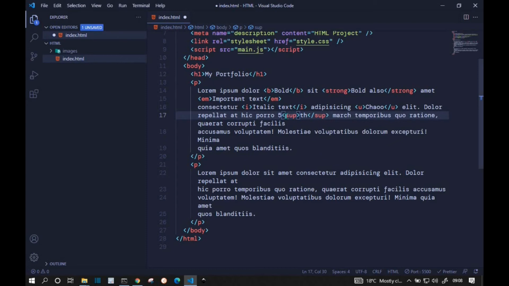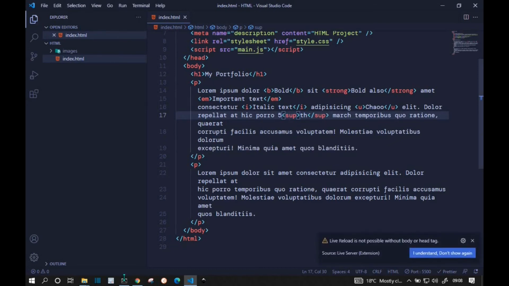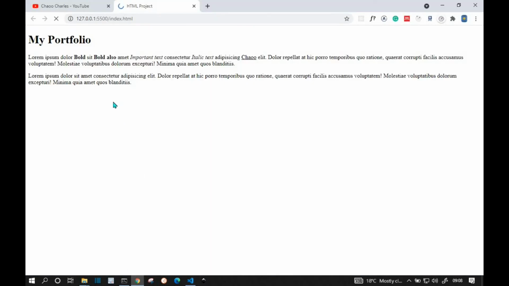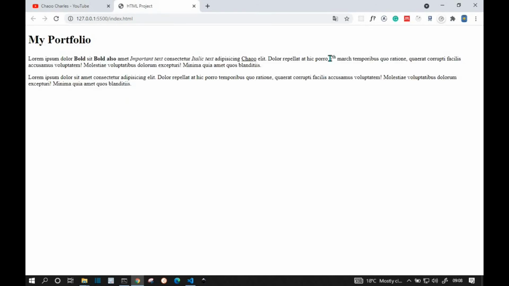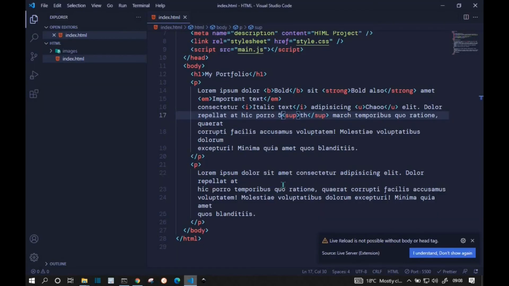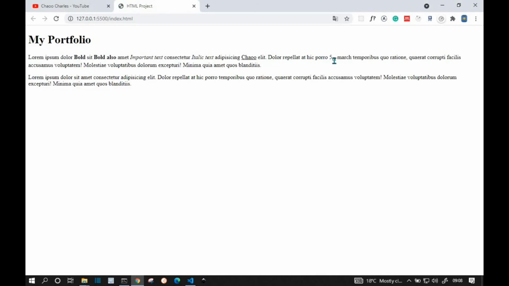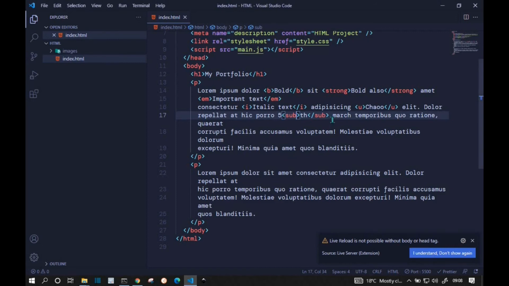I remove that spacing, I save that, and now you'll see that th will appear at the top of 5. So now you can see that th here is above our 5. If you want it to be below, you can use the subscript, so sub. If I save that, now th will move to the bottom of 5, and that is how you can write some superscript and subscript text.